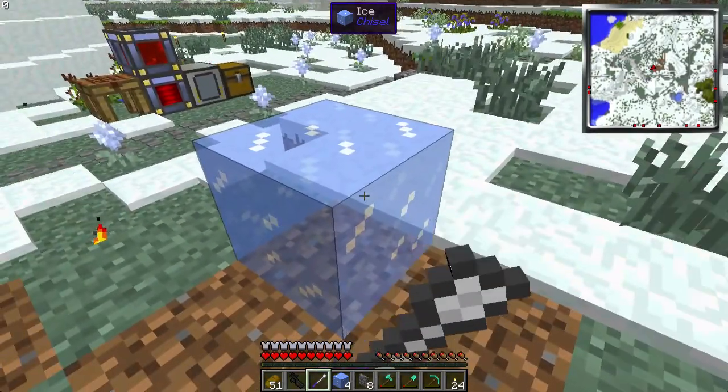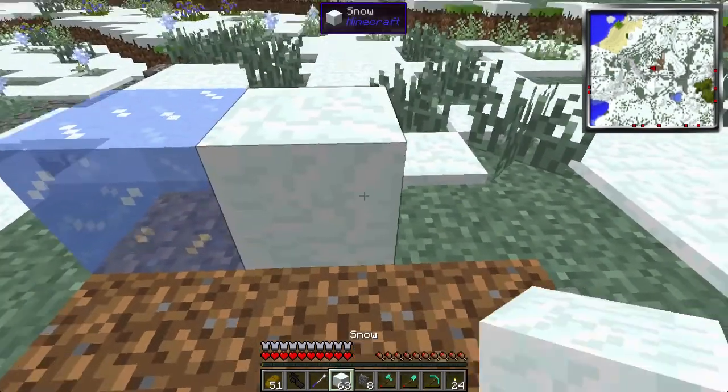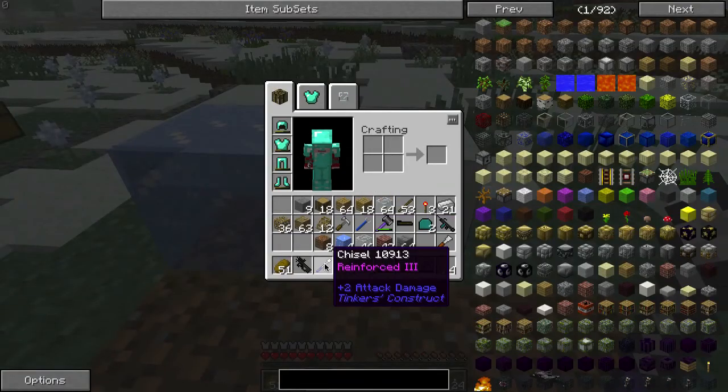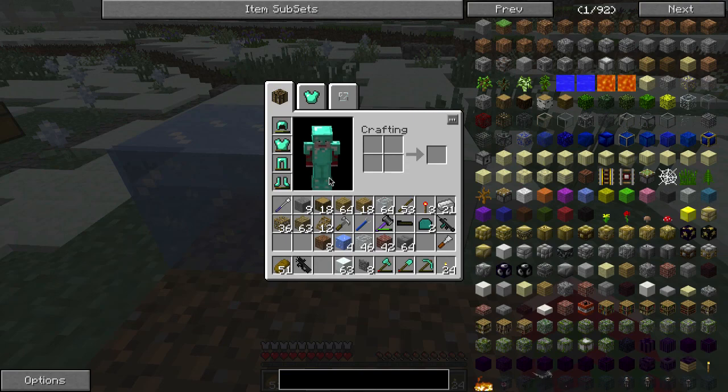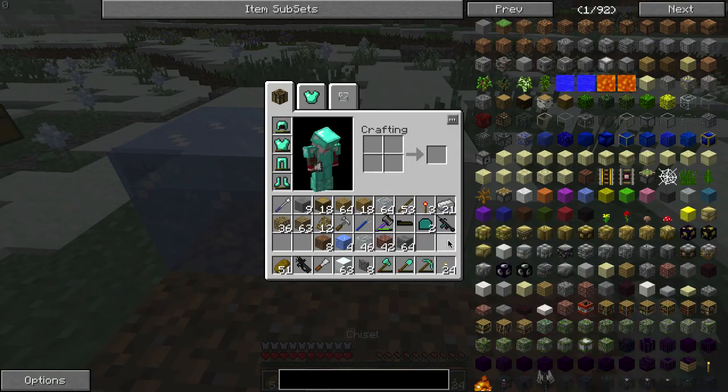Nope, Tinker's Construct chisel does not work on chiseled ice. I don't know if it actually works on regular ice either. So let's try snow, see if that makes a difference. Nope. Okay, so Tinker's Construct chisel is not useful at the moment. Lovely. However, I do also have the chisel from